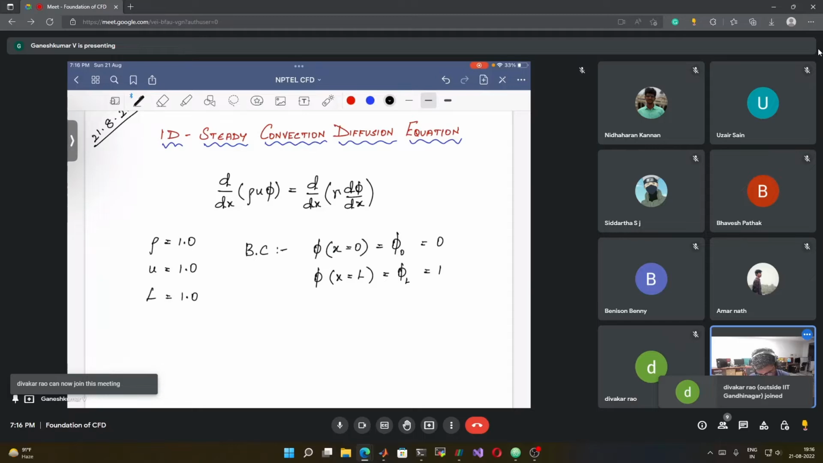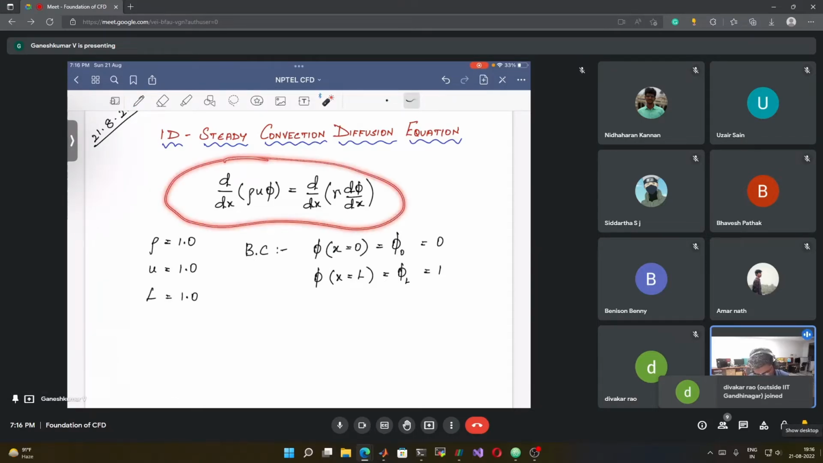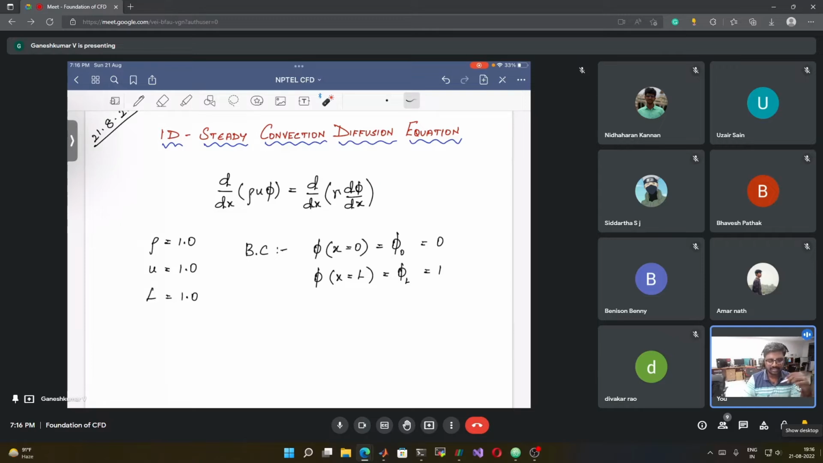What we will do today is we have this convection diffusion equation. It's a 1D steady convection diffusion equation because there is no d by dt term. This equation you can actually solve analytically. You don't need numerical methods or CFD to solve it. But we will try to solve it using CFD or numerical methods, the finite difference method,